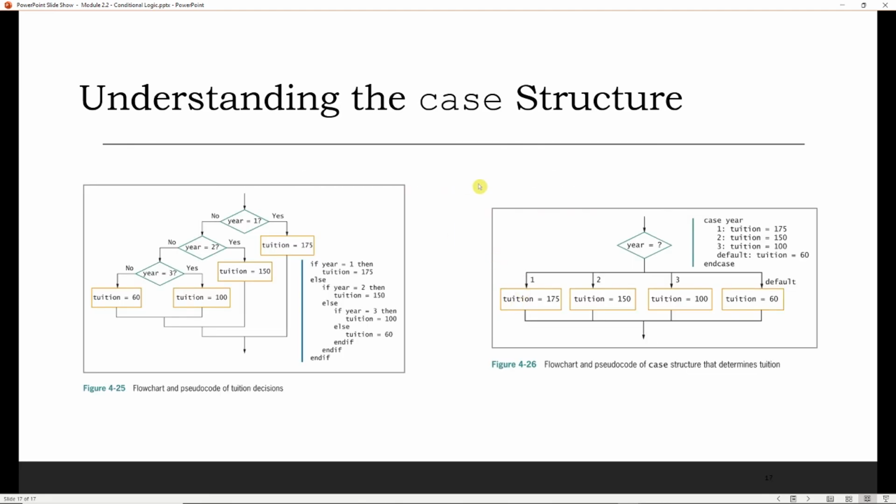Here is another example of the case structure for you to look at. There are two possible options for setting this up in a flowchart. We used the option on the left where we have one decision that leads into the next, and so on until we hit the default case. You can also choose to set up the case structure like the flowchart on the right here, where we do